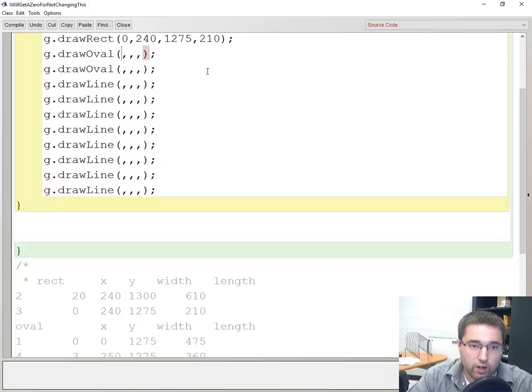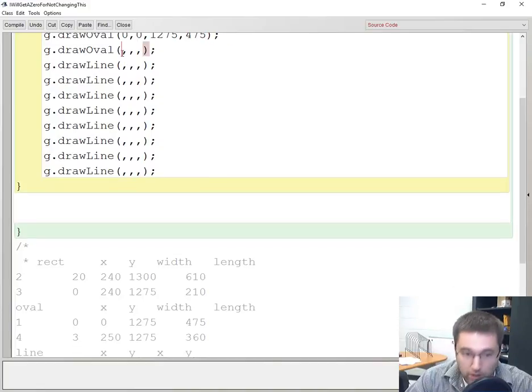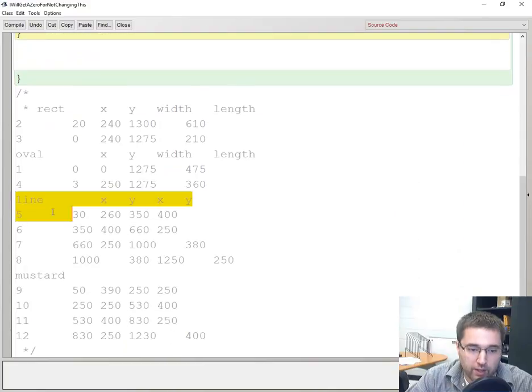My ovals are 0, 0, 1275, 475, and my last oval is 3, 250, 1275, 360. I should make this just 0. Make it look nice. And so now that I have all that done, I'm going to cut my lines and